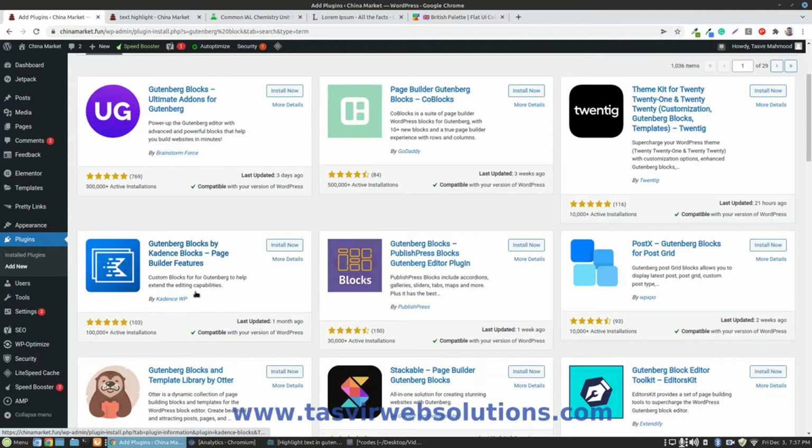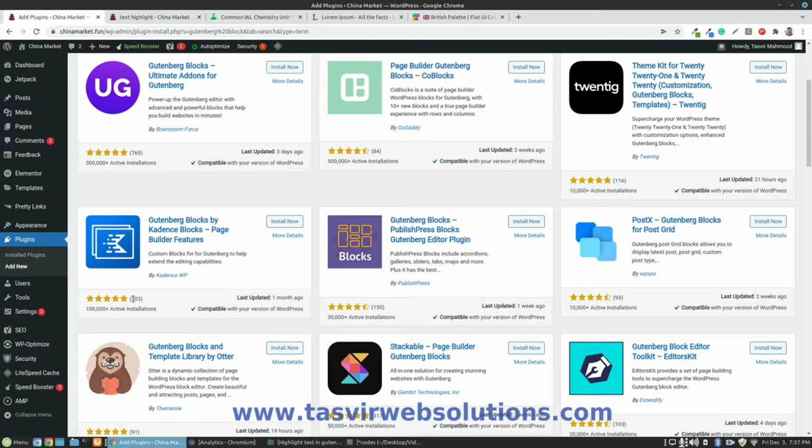Just install this one. You can see that it's completely safe to install, with 103 5-star reviews and more than 100,000 active installations. So no worries at all. Just simply install and activate this one. What this plugin will do is add a lot of new functionalities to the Gutenberg editor. So let me activate this.